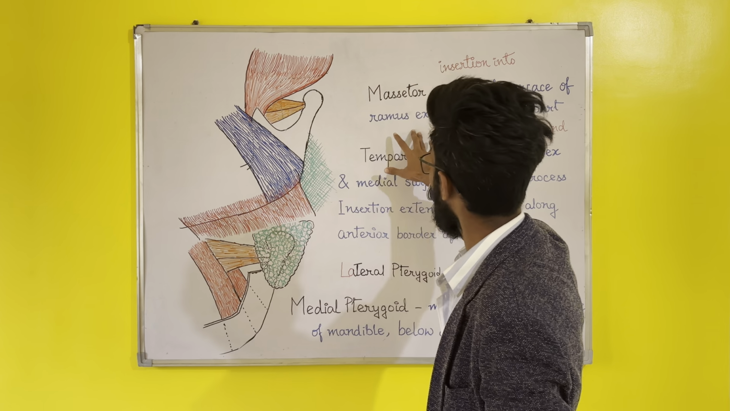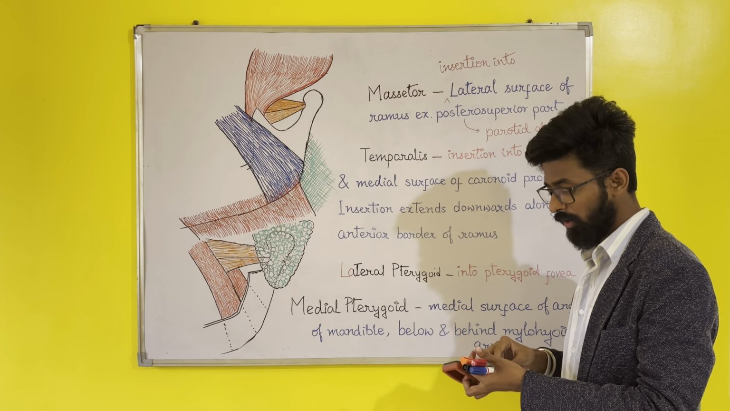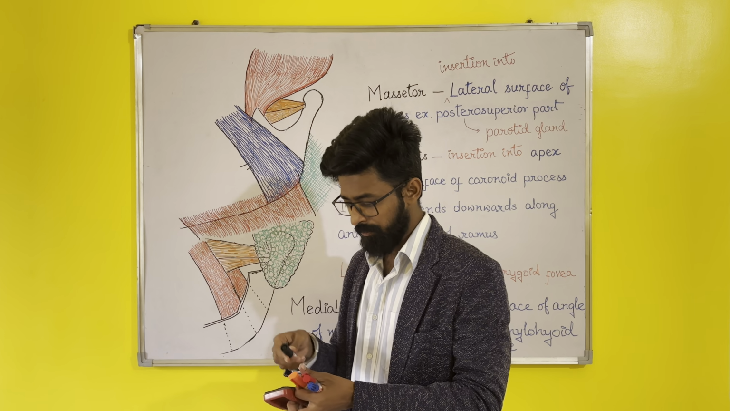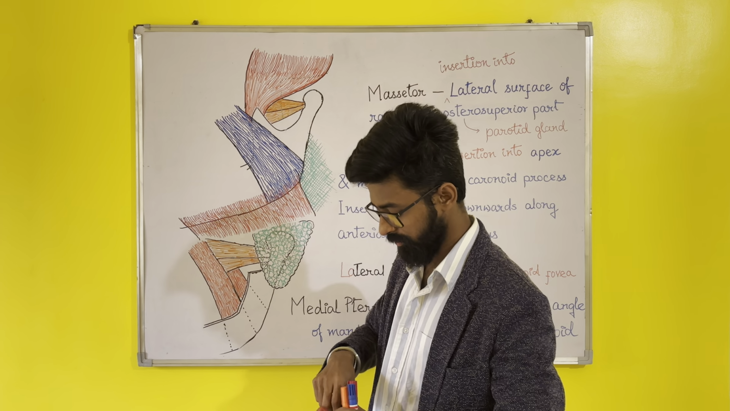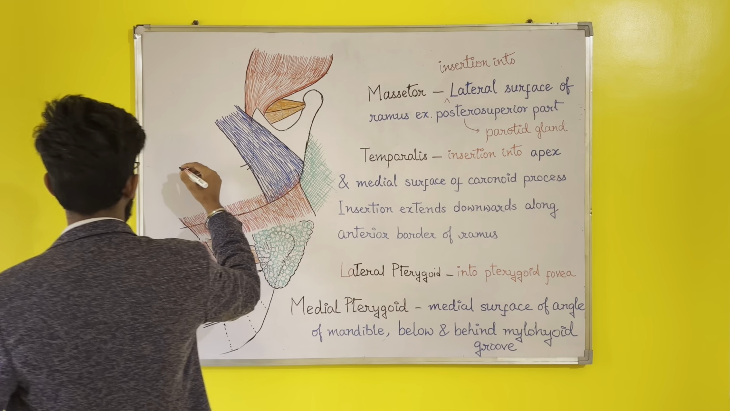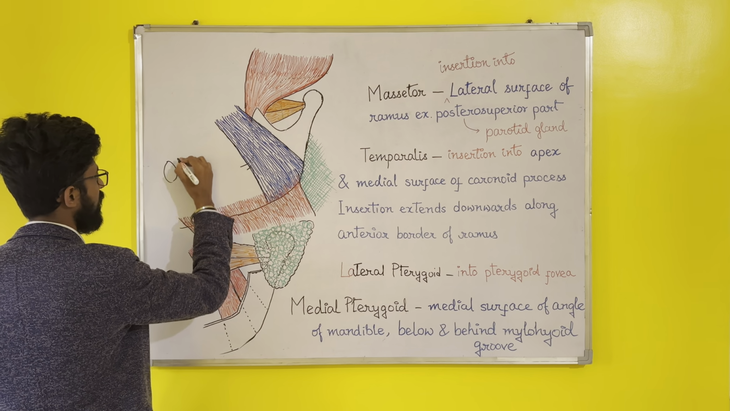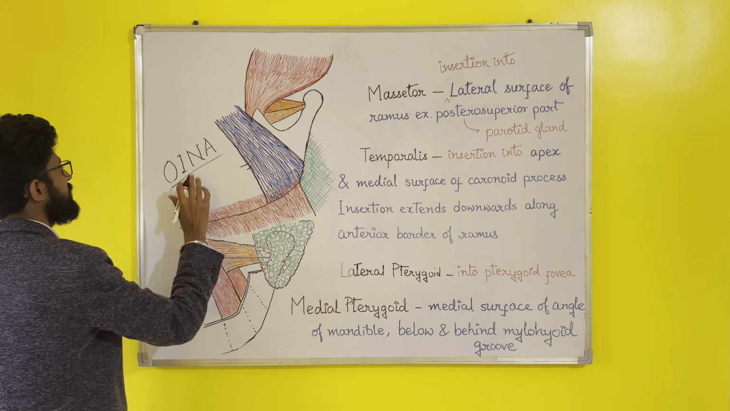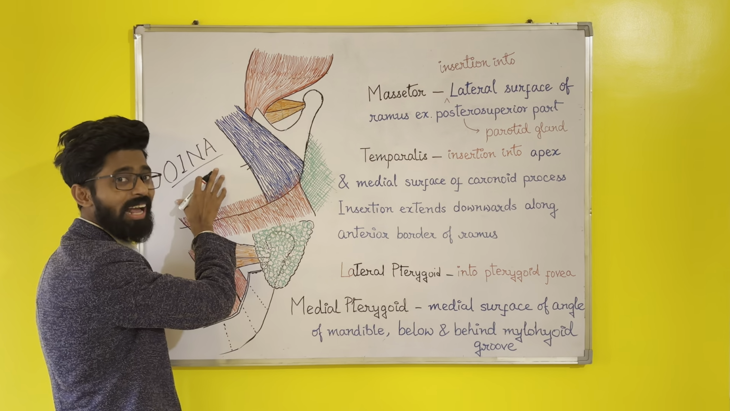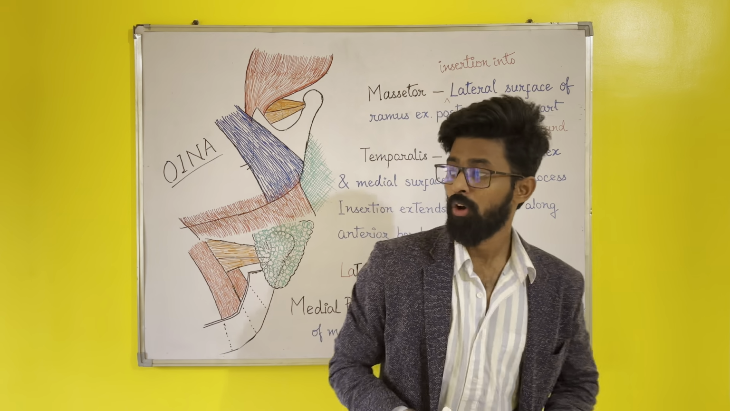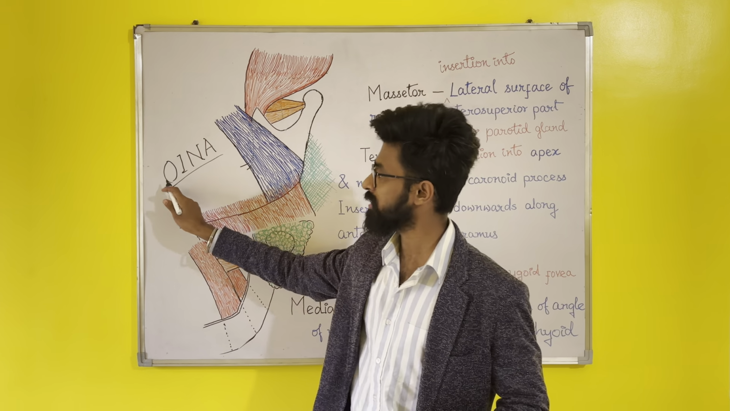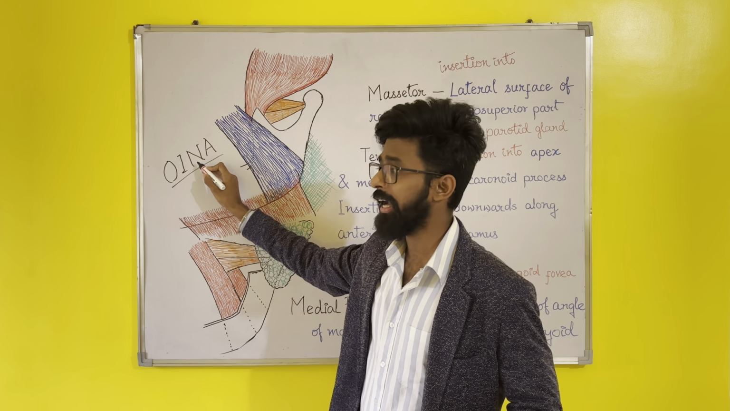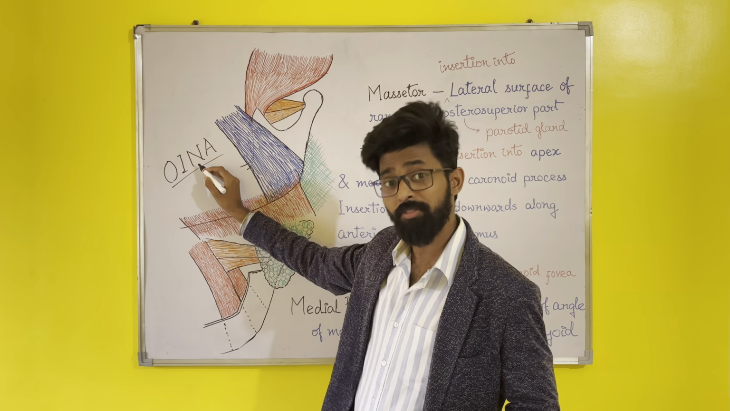So first is the masseter. Okay, before coming to these muscles, let's understand one term, that is OINA. Now what is OINA? When you study the various muscles, the muscles are described under this term, OINA. OINA means O stands for origin, I stands for insertion, N stands for nerve supply and